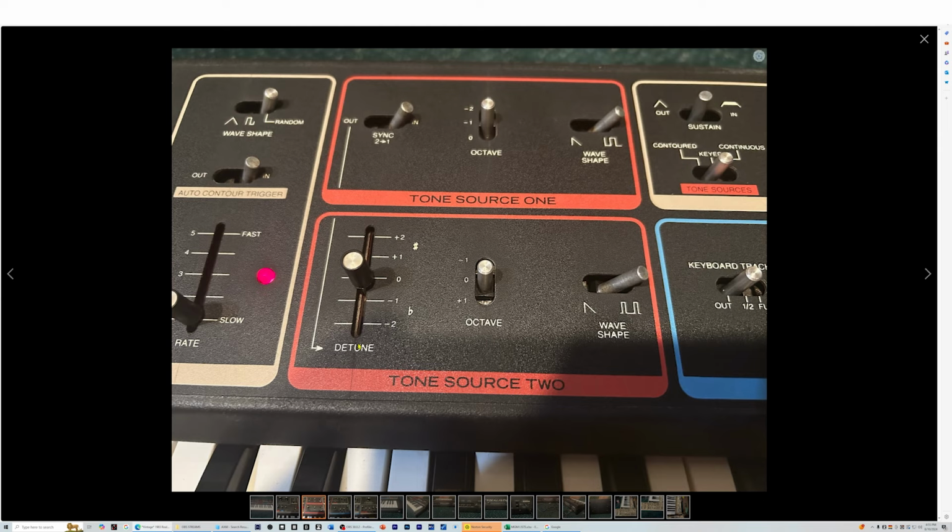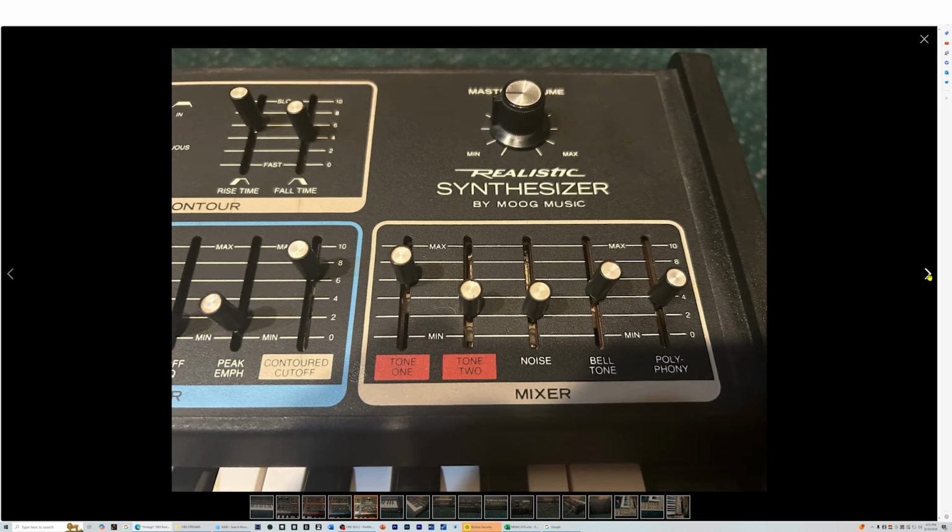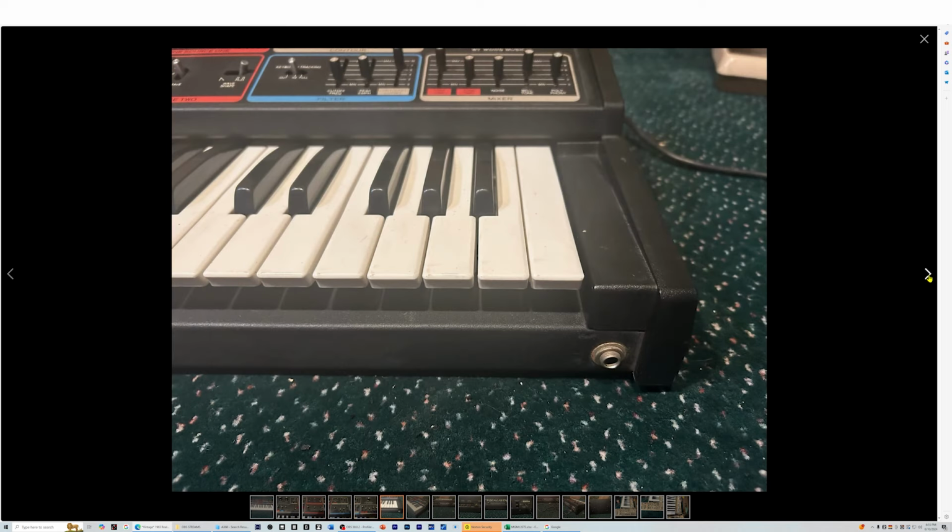Something there. It's minor. Something here too. Here and here. I don't know what that is. But this is really in fine shape for its age, and regardless of age, I would say this is in